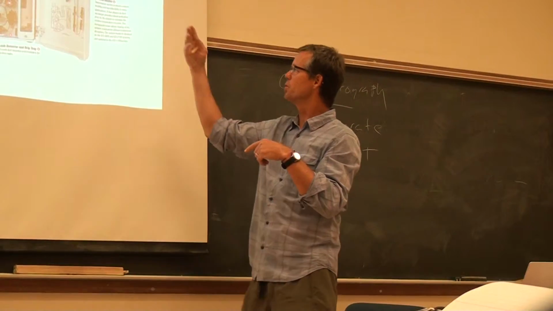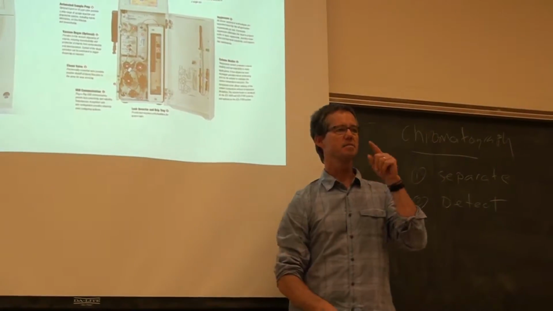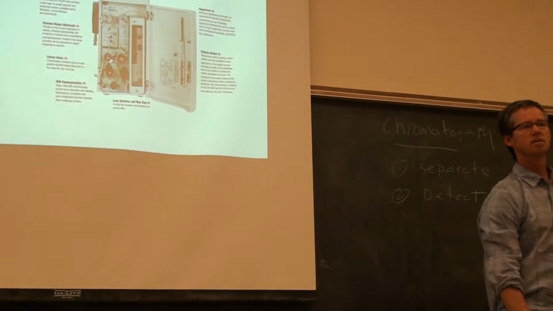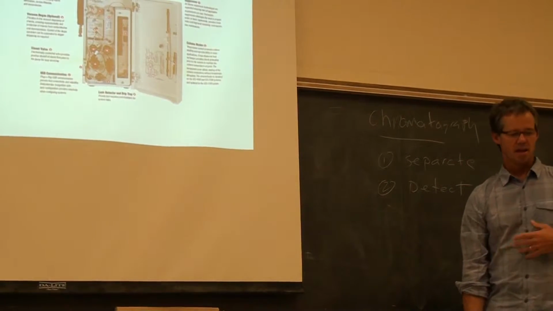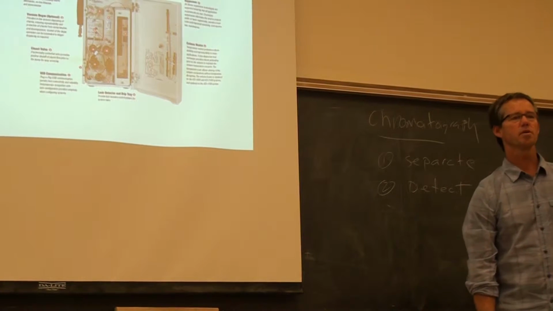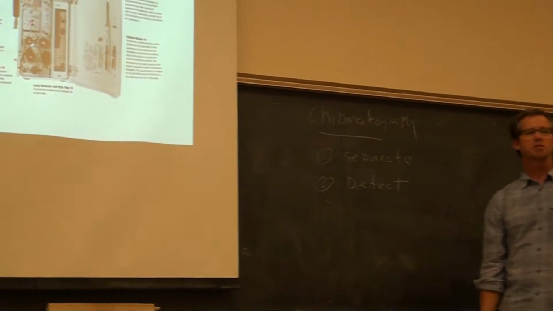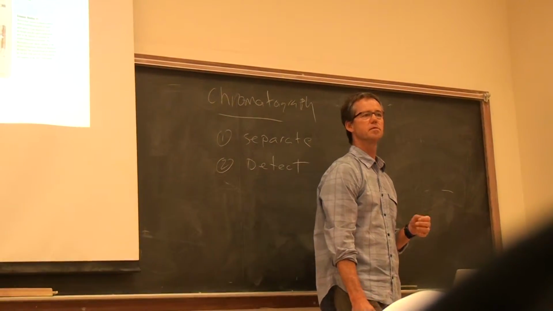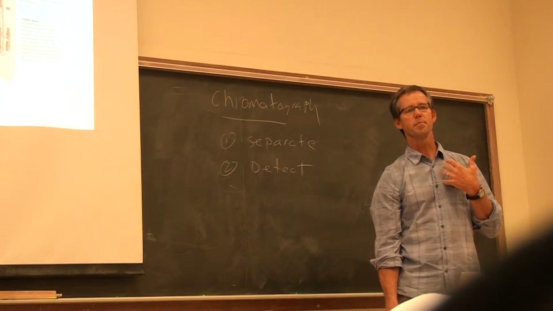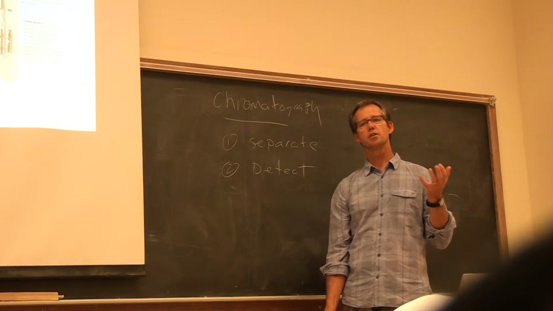After it passes through the column, when things separate, it's going to immediately go to a detector and give some kind of a signal based on the amount of anion that's there. Okay? And the anions that you're going to be looking for are anions commonly found in natural waters. These would be like chloride, could be bromide, nitrate, nitrite, sulfate, sulfite. Things that are oftentimes common constituents of groundwater, particularly in areas where there's